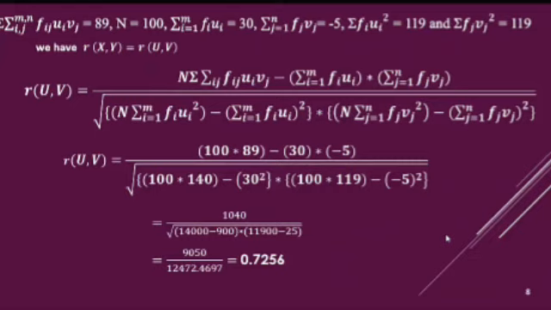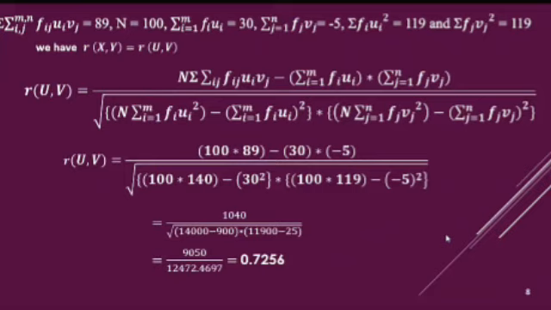You find the correlation coefficient between U and V, because we know that the correlation coefficient between U and V is equal to the correlation coefficient between X and Y. That is theoretically we have proved Rxy equal to RUV. Now you got 0.7256. Therefore, X and Y are positively correlated. In general, if it is more than 0.7, we will write X and Y are strongly correlated. Strongly, positively correlated. I hope you understood the method.